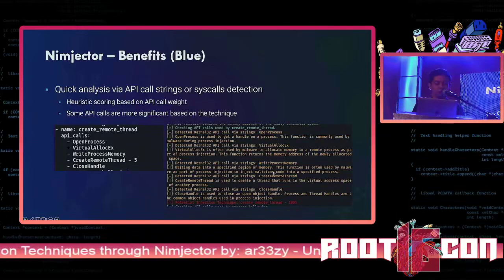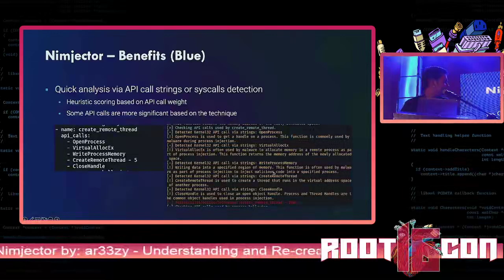And for this image on the right side, you can see that since I used a binary compiled by my tool and I